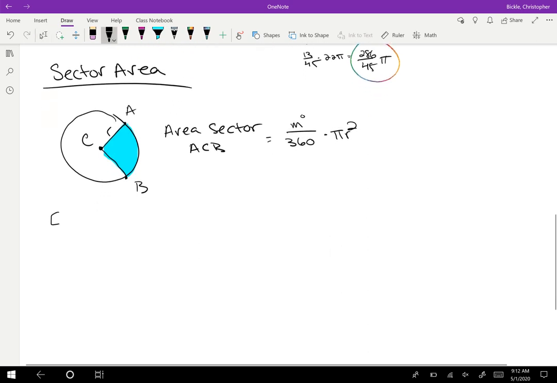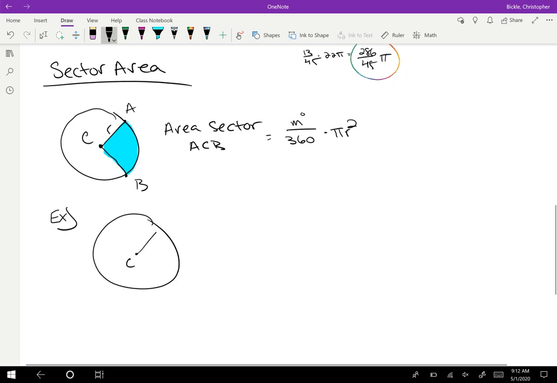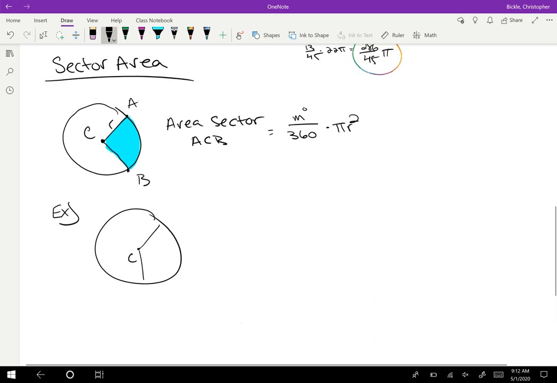Again, let's go through this fairly quickly. We'll do some more problems with it next week. I wanted to introduce it and let you guys see it. That was a horrible circle. So let's go ahead and put the center C there. I'm going to draw it like that. So let's make that